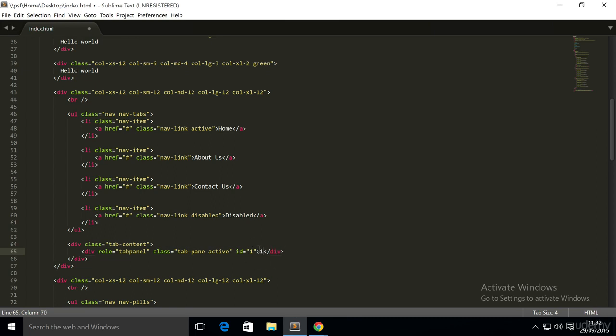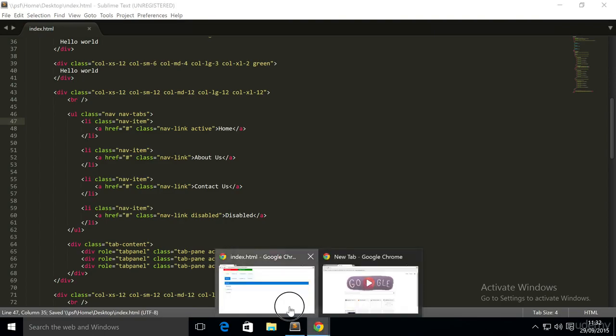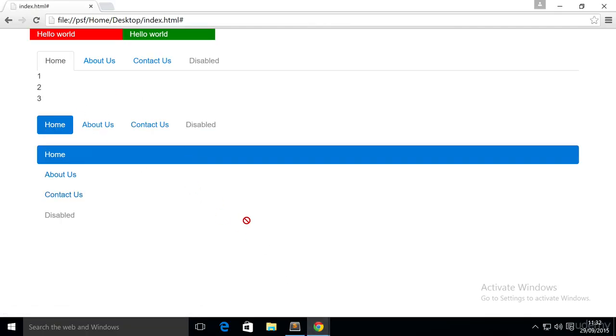I'm going to put the number 1 here, and the reason we need the ID is because we need to link each one of these items to one of the sections, and we use IDs for that. So I'm just going to copy and paste that to save time. I'm going to create 3 sections. You might be thinking, well, there's 4 items. One, you don't need a section for each item, and the other thing is this item is disabled, so we shouldn't be able to click it and go to a section, hence why we're not going to have a section for it. So what we're going to do now is save it, refresh,